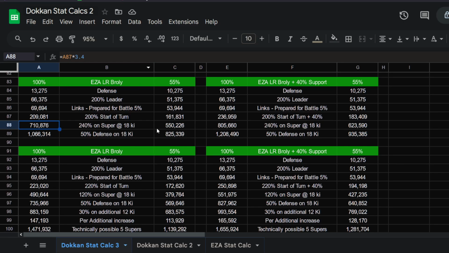I don't think this guy will struggle with key as long as he is next to another Broly, which he should be. So he's got a lot of key in his passive. But yeah, I think that's what we got going on. And then he caps out right here in his base form